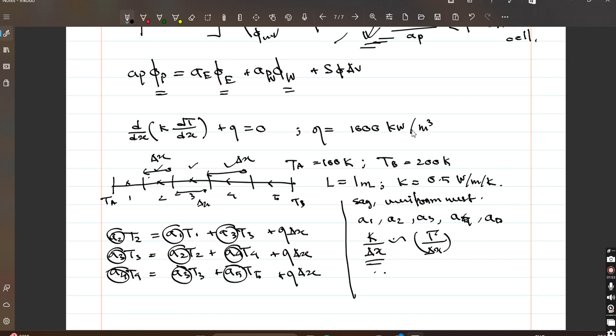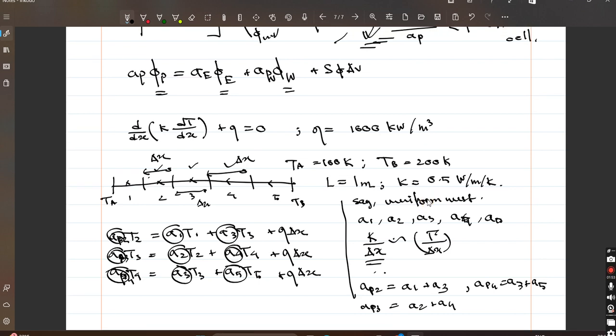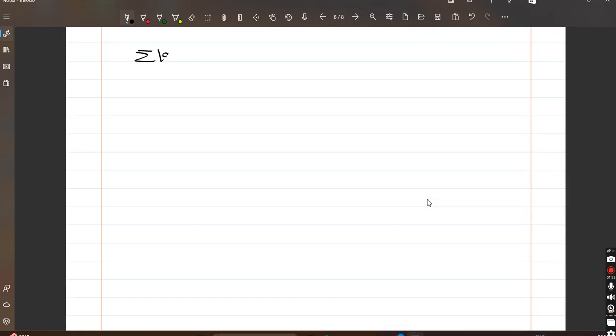And A2, A3, A4, okay, I think I have made a mistake here. Let's write AP2, AP3, AP4, okay? And AP2 will be nothing but A1 plus A3, AP3 will be A2 plus A4, and AP4 will be A3 plus A5, okay? So now you have seen that the AP values, that is the diagonal elements, will always be equal to the sum of the neighboring coefficients, right? So now we have one criterion that we had, that is satisfied